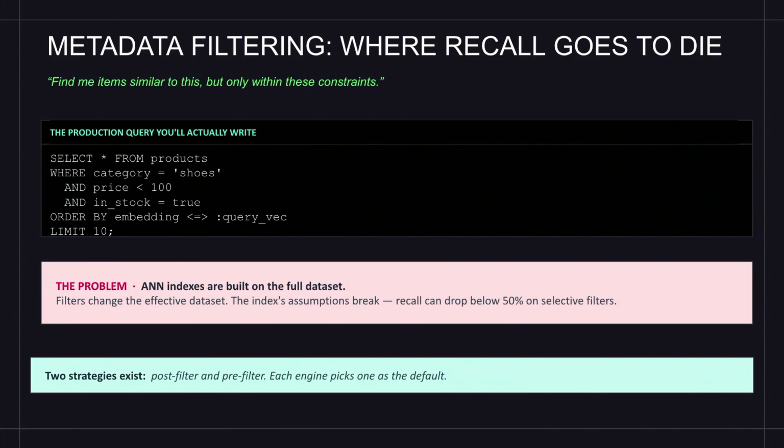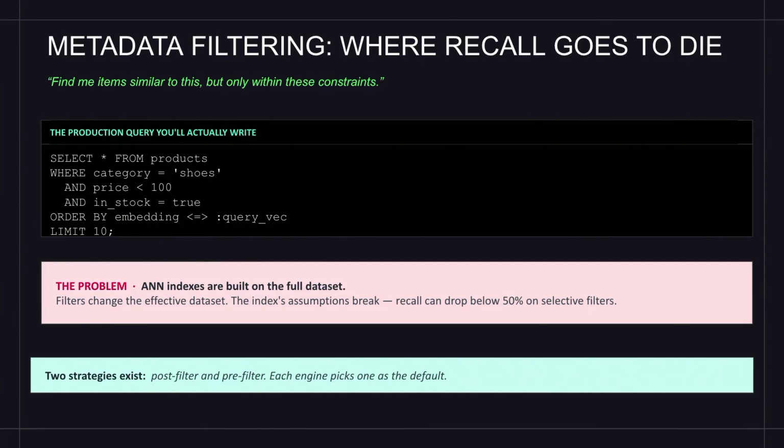So if you have a query that filters so that you get only 2% of that output, and you want to run vector search on that, then you are running the query on a very small data set.